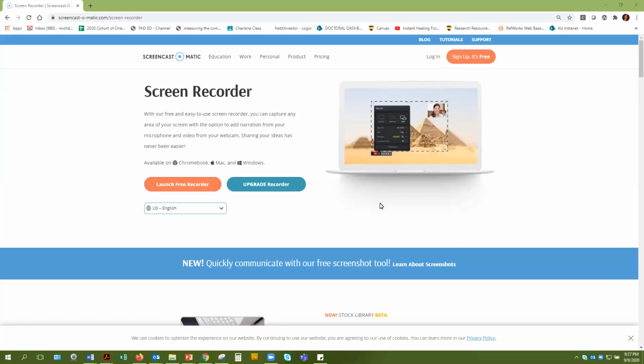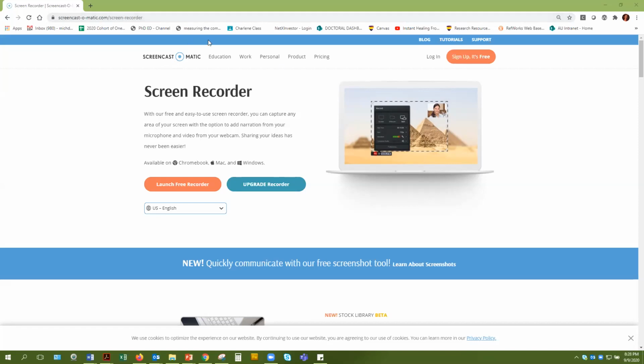This is a quick tutorial on how to use Screencast-o-Matic to record a screencast, a narrated screencast where you show things on your computer and talk to the screen, or have your video and voice over the screen, or you can use it to record PowerPoints. So Screencast-o-Matic, there's dashes between the O in the URL,